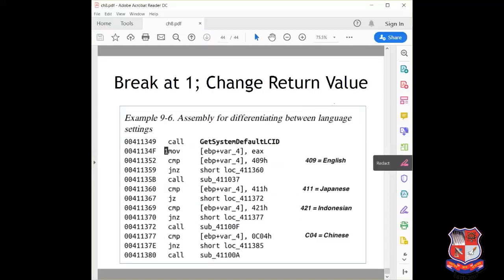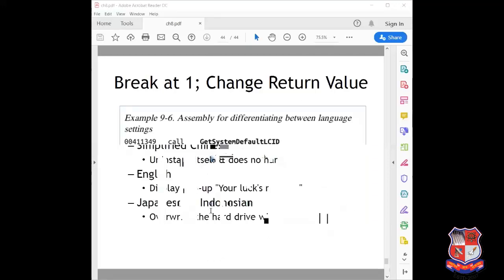Now here the code is available. It shows the assembly code for differentiating between the language settings. First, the program calls the function that gets the system default LCID. Then, based on the return value, the program calls one of three different functions.